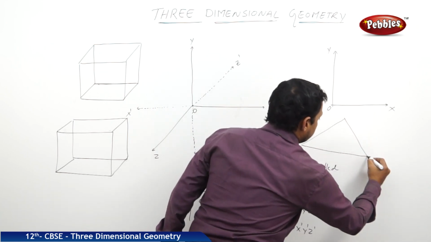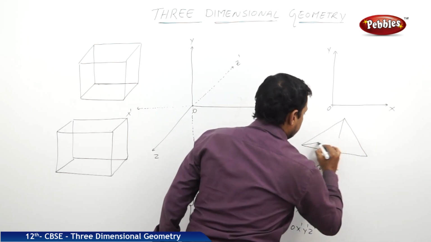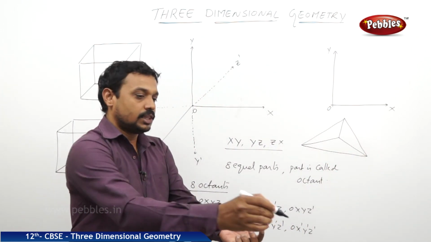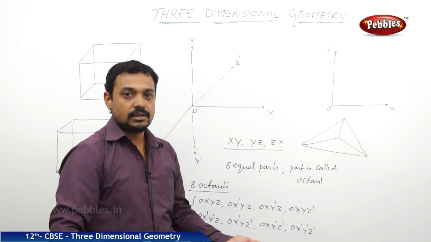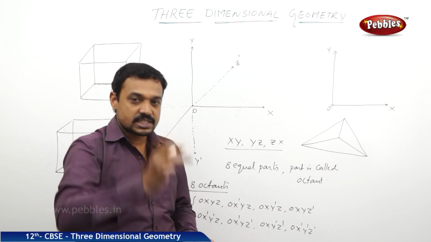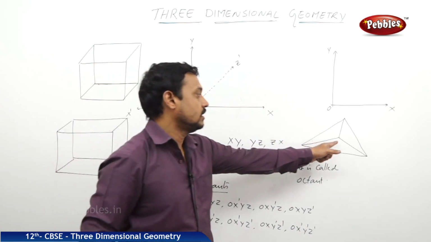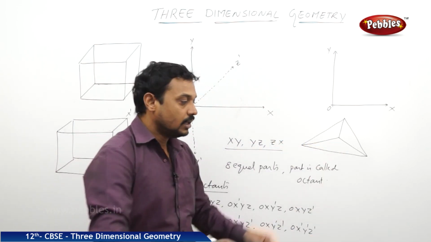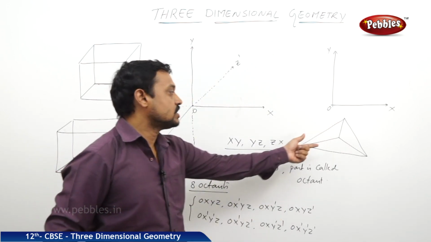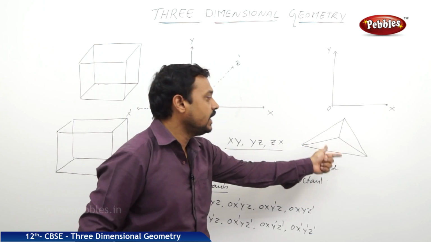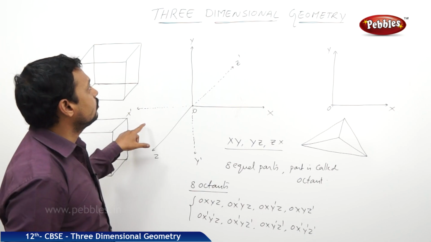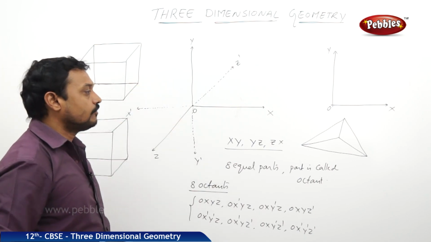Another example is a tetrahedron. Three points are on the base and one is in the space, and joining the three vertices to the vertex which is in the space, a diagram is formed like this. Now this is a tetrahedron. Simply, it is a pyramid shape. Okay. These are some of the examples of three-dimensional figures.